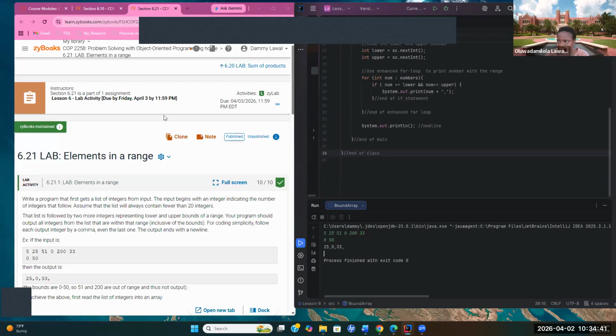Any question? Thumbs up if you understand this code. Any question? Thumbs up if you get this point. You can see you can use the enhanced loop. Our programs are getting complex, and that's the purpose of this class, to introduce these concepts one after the other and see how we can use them together to solve a specific programming problem. So if no question,